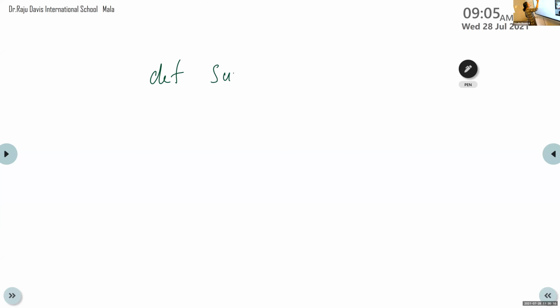I can use sum, within brackets. How many parameters are there? We have two inputs, so we must give x comma y. For adding two values, we need two operands. So we write two variable names here, x comma y, then colon. That is the function header for finding the sum of two numbers.